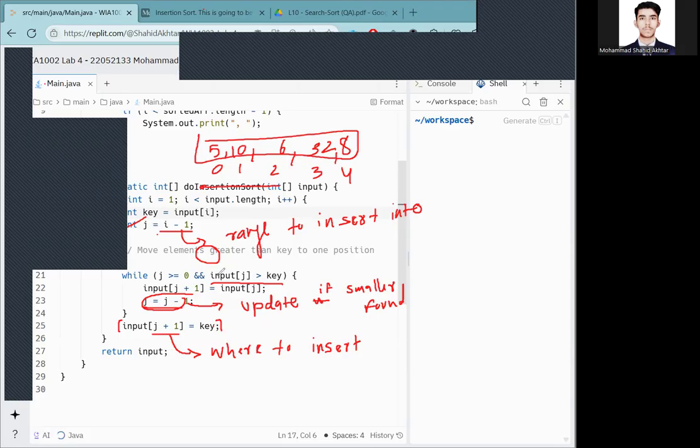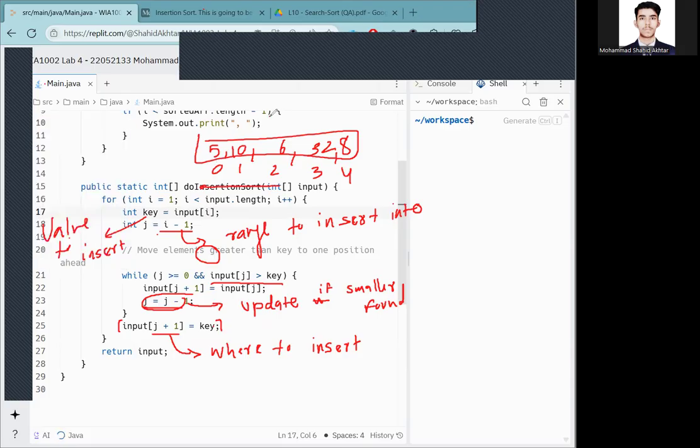Input j is greater than key. 5 is not greater than key. So I would insert the 6 in place of, and right after 5. So here, I will insert the 6 here. Yeah, that's it. So this is basically us trying to find out